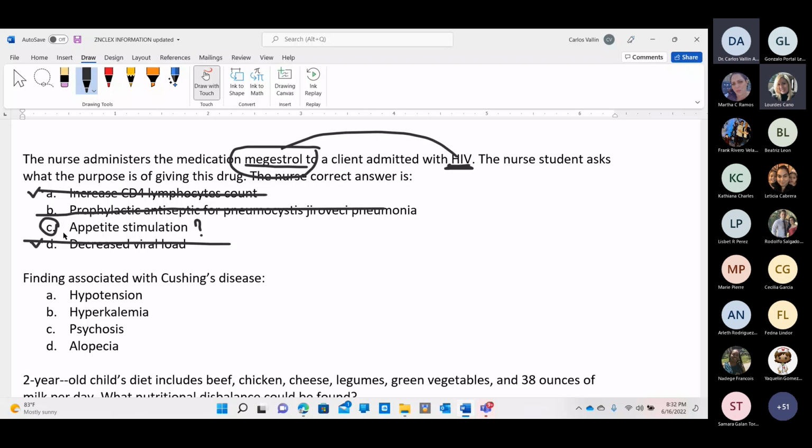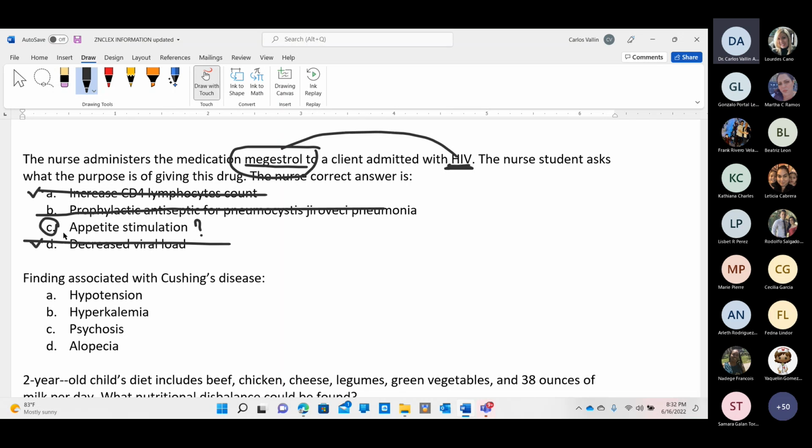But Professor, yes, ma'am, sorry. In this case, megestrol is not only for HIV people, it is for anybody who has anorexia. Okay, thank you for taking the notes. The problem is that HIV can also have these